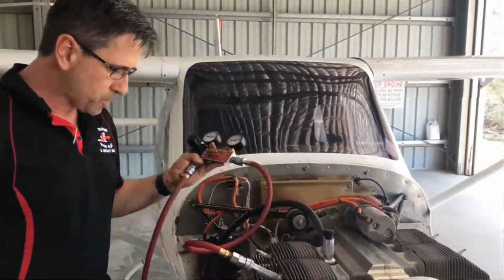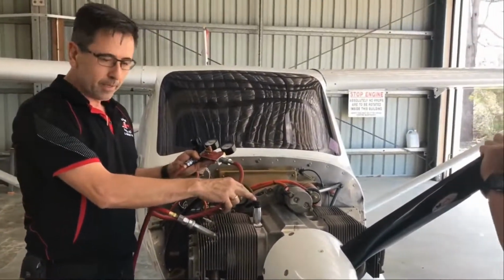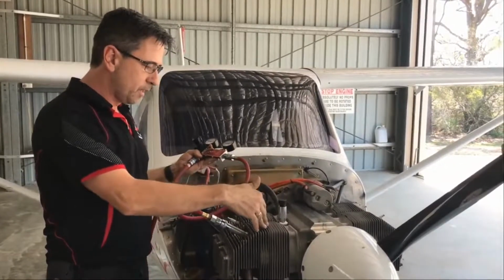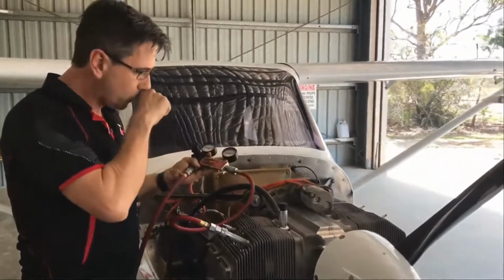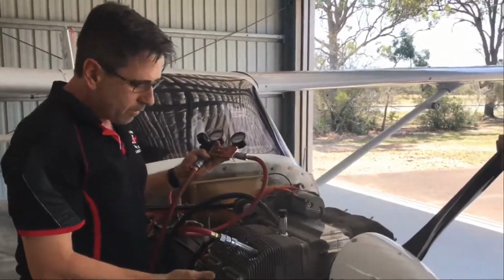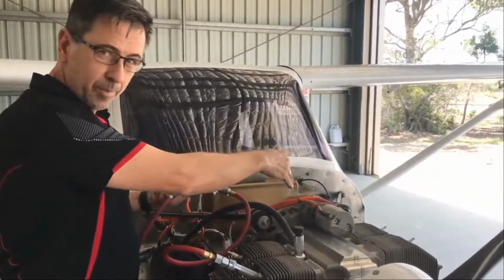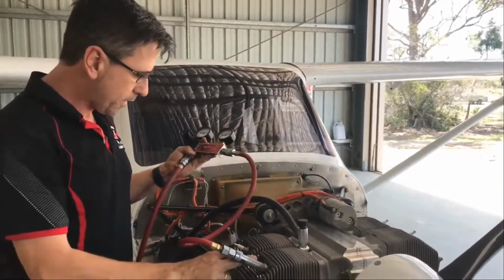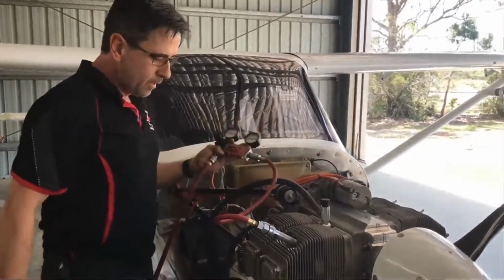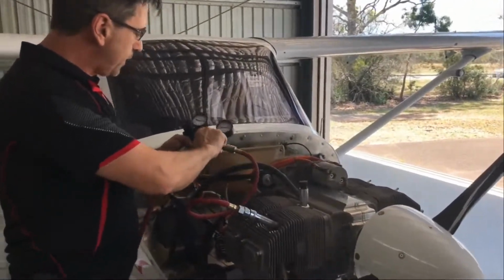So possible causes are past the rings, you will get air coming out the breather when you do the test, but if it's excessive air past the rings and cause crankcase pressure, you will get that through the breather. If it's coming out past the exhaust valve, you will get air coming out the tailpipe of the exhaust. If it's on the intake side, you will hear that through the back of the carburetor or through the intake line. So we've established that 77 over 80, turn that off,